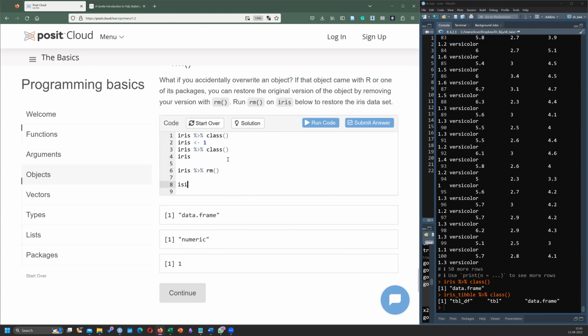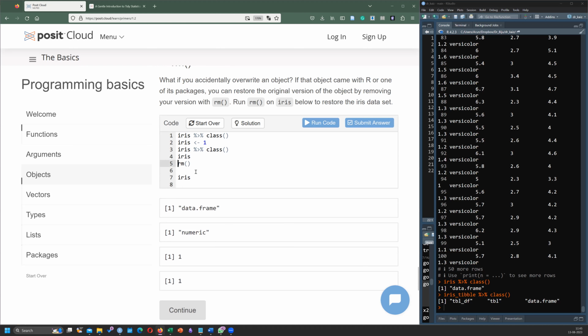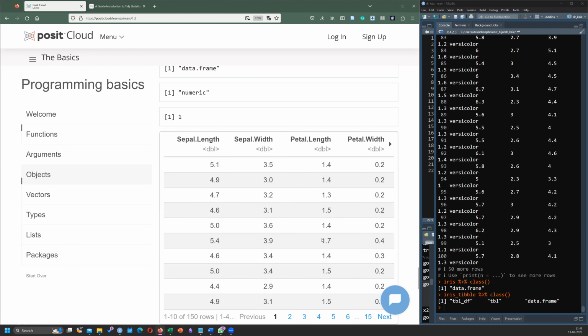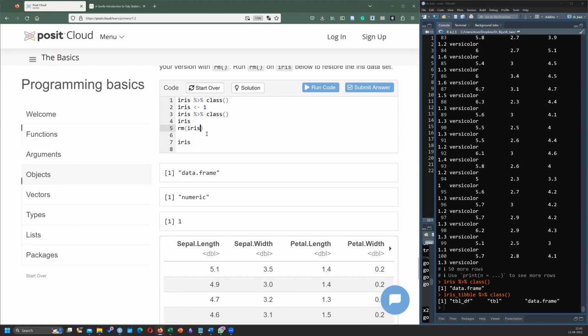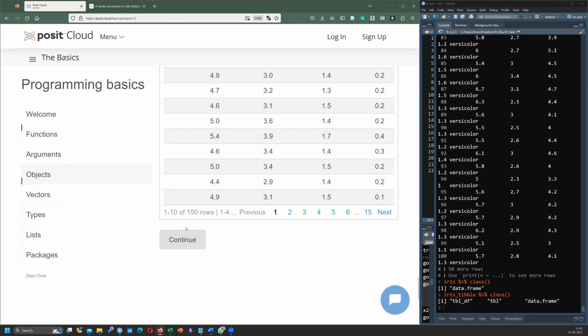And then when you ask what is iris, it has taken the previous iris, right?